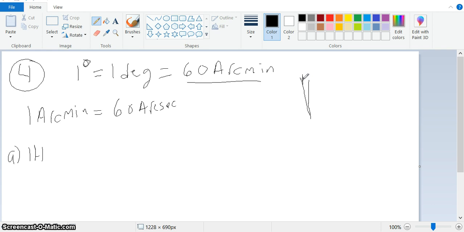Then you can further break that arc minute into smaller little chunks, and so 1 arc minute is broken into 60 arc seconds. All right, so just to let you know, astronomy uses this all the time. 1 arc minute is about the limit of the human eye by itself, sometimes called naked eye observations. All right. Now, in this problem, all right, I'm just going to tell you right now, they're